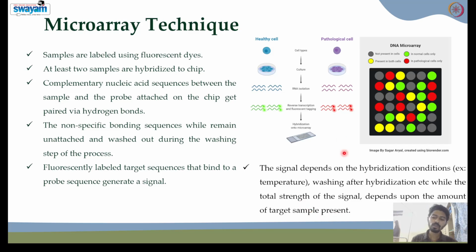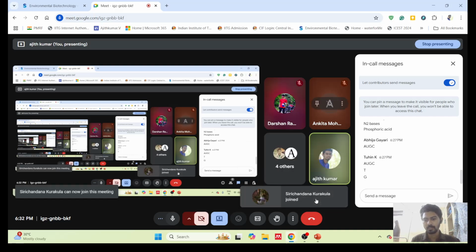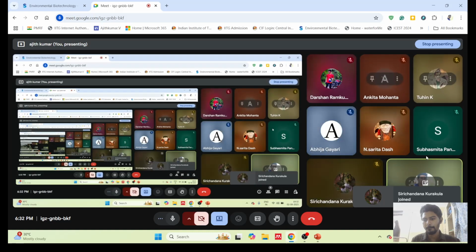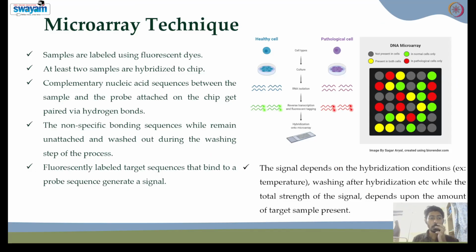So this is how we will find whether the cell is a healthy or normal cell or a cancer cell. This is one of the important techniques that you have to understand for